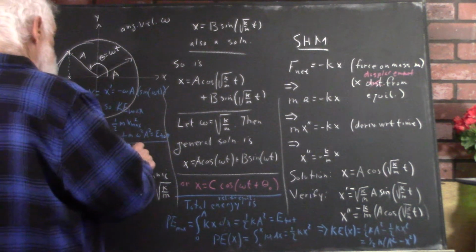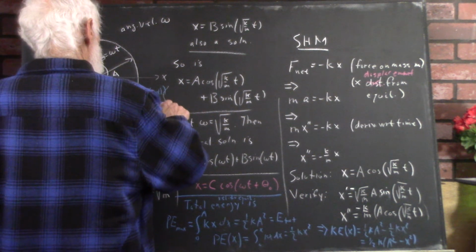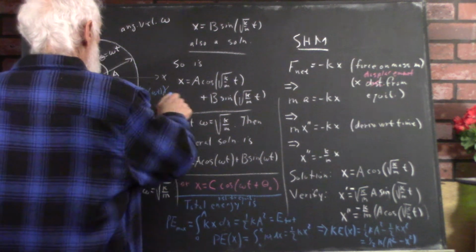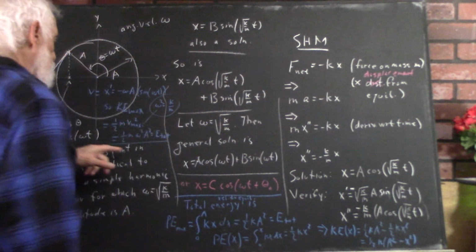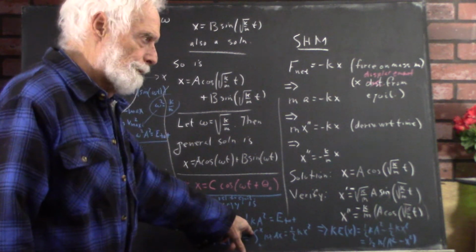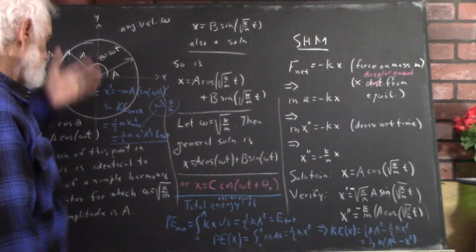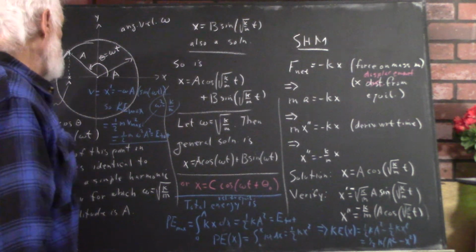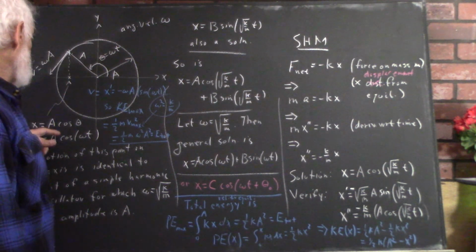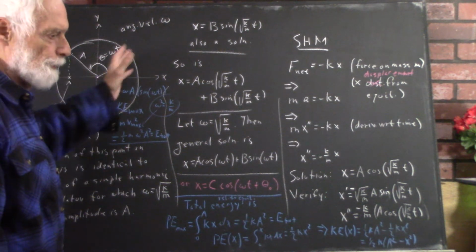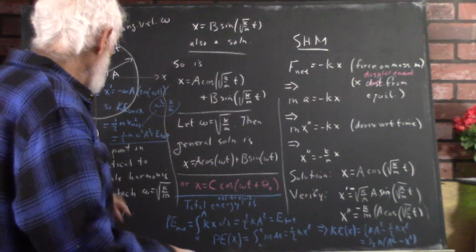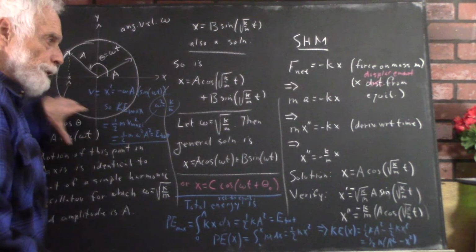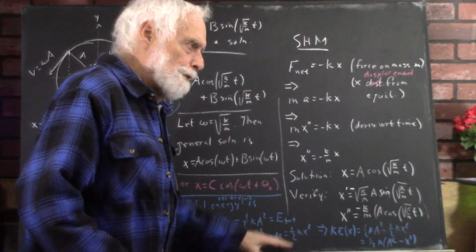Maybe I'll just write a little. Omega squared is K over M. If you plug that in, you get this. So it all works. And then your kinetic energy at any point is 1/2 K x squared, because x is a cosine theta, and you have cosine squared plus sine squared equals 1, and all that stuff. So with just a little manipulation, we totally resolve this picture